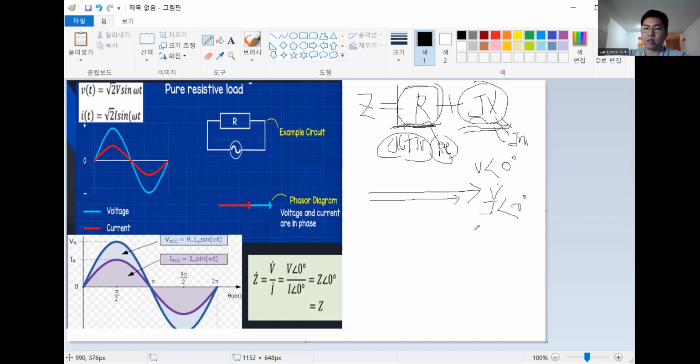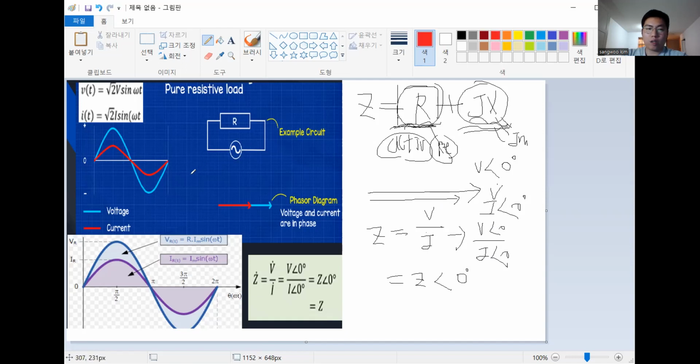This is the phase. And look at that, the impedance is V over I, but we could do it in polar coordinates, which means Z at 0,